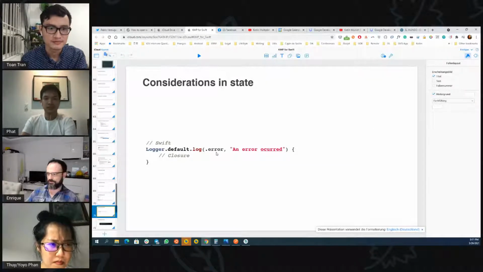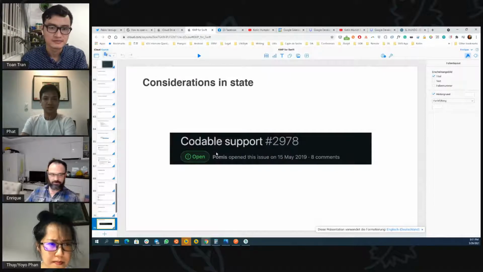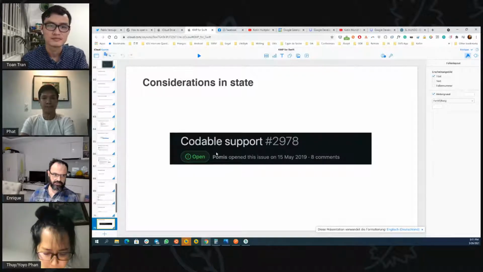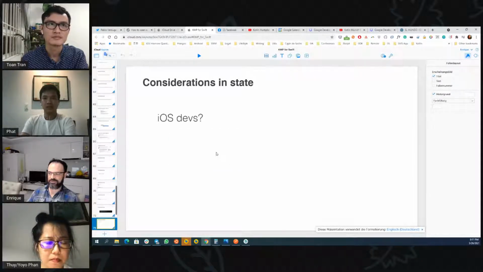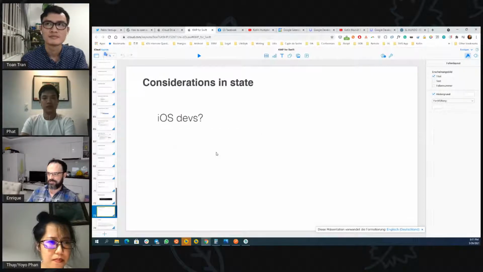It's not supported. There is no support for codable. The codable interface in Swift is similar to serializable in Java. That means that you need to serialize your items manually, which can be problematic as well. So I think iOS devs don't have the same support as Android